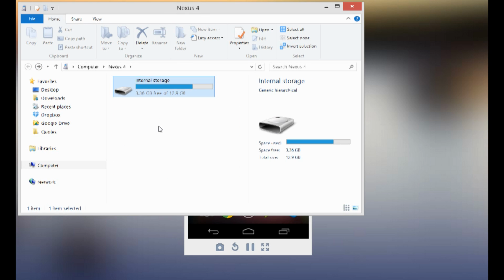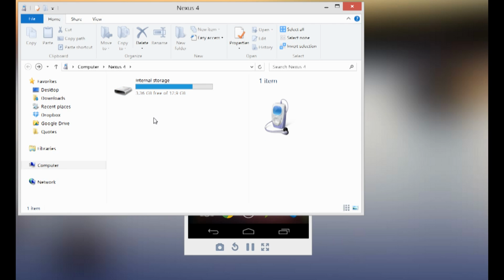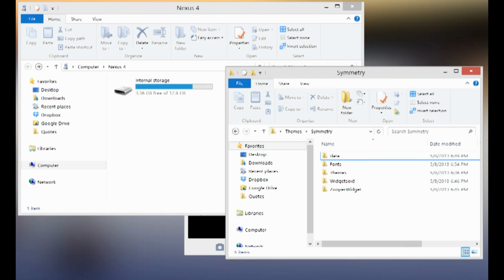I have had one or two people say that when they copied them over, they had a file that didn't copy properly. So if you have a problem locating the file when you followed the instructions, just copy them over again, and that way you can ensure that the files have been copied properly. Okay, so the files are going to be